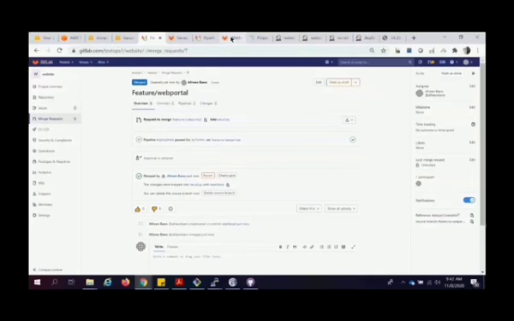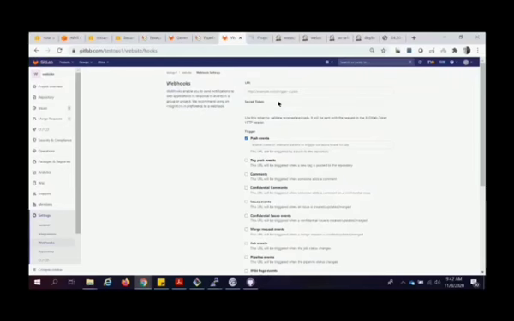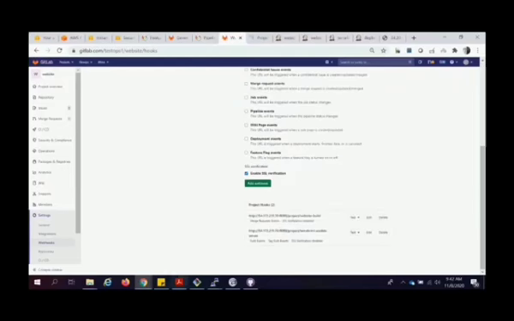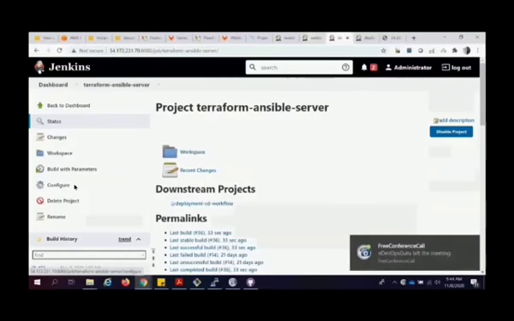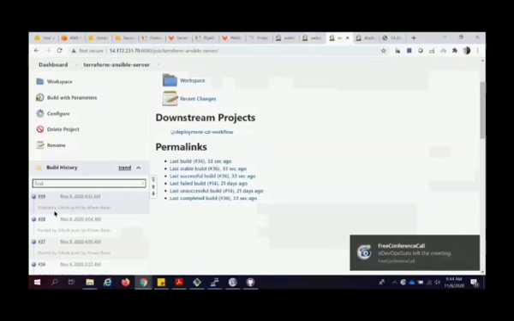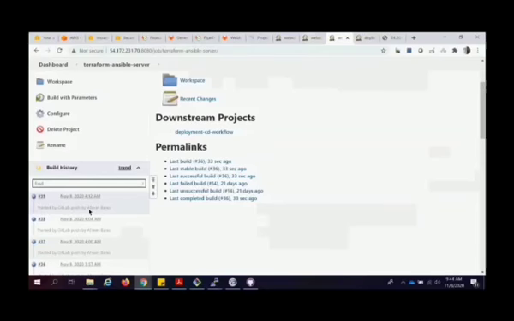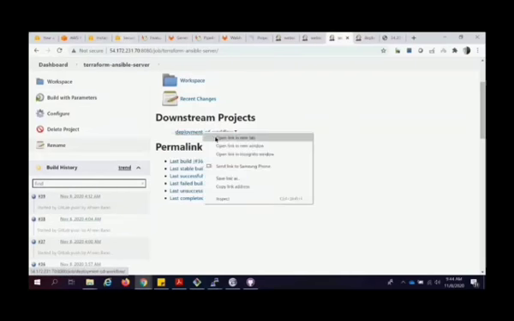Another webhook will trigger. This is the other webhook I have written here. This is part of the second phase of the project. This Terraform job, you can see it just completed, started by the GitLab push, because I just merged my branch. Another webhook triggered my Terraform Ansible server Jenkins job, and once this job completed, the downstream job, deployment, started. We can see it is still running,